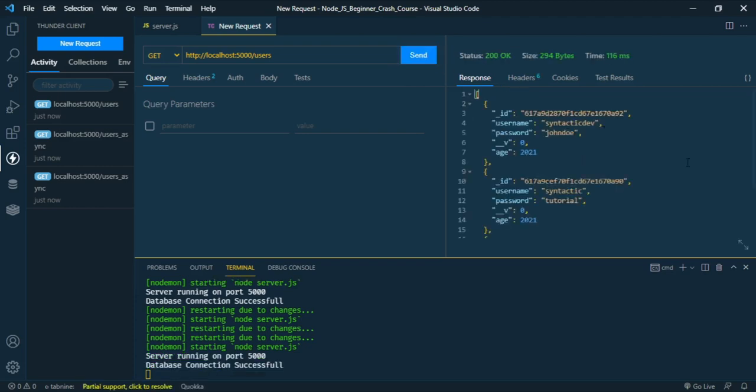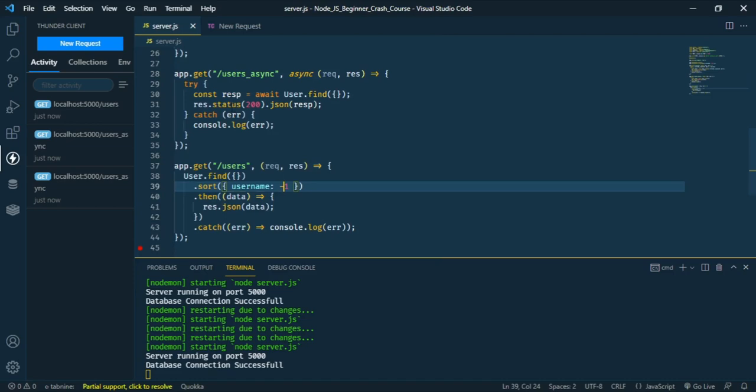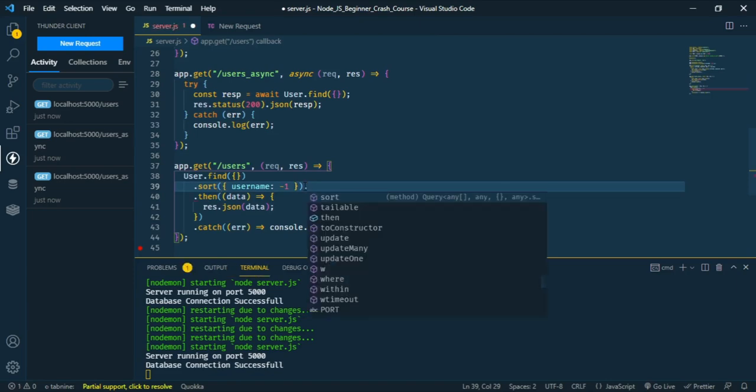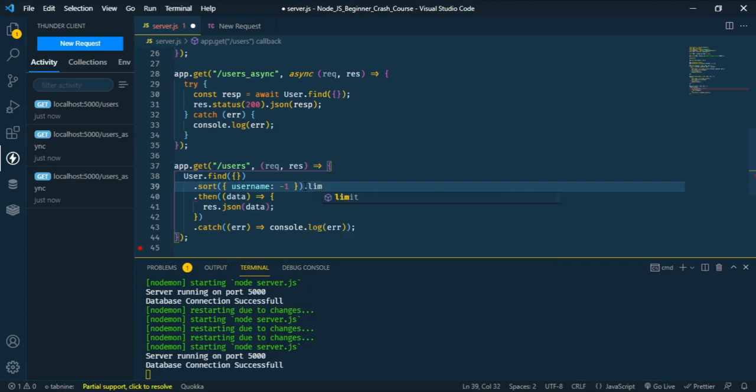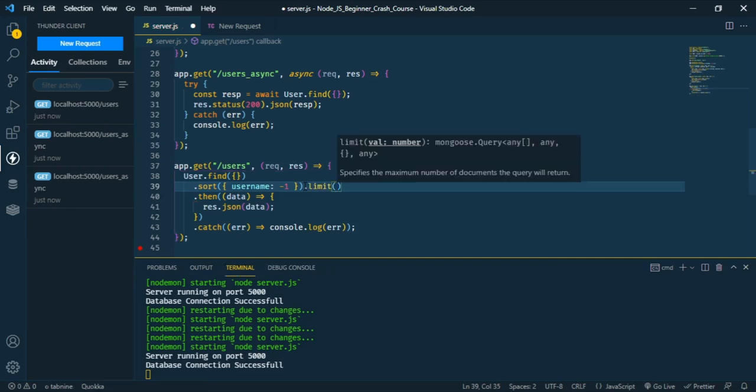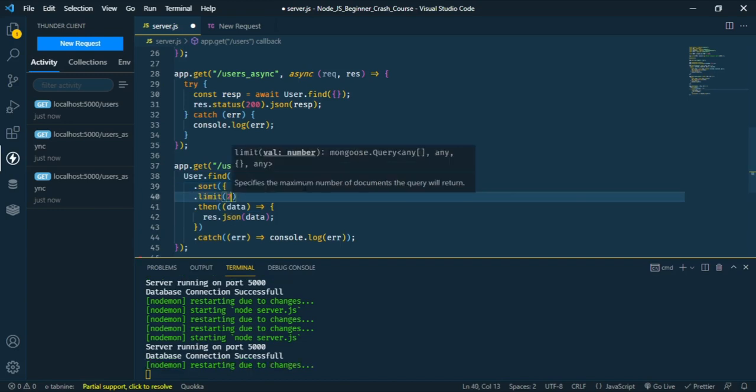Okay, good to go. And you can see here syntactic dev at the top. And for the last part, I'm going to be showing you how to get a specific number of data from the database. So if you don't want to get all the data, you just have to put dot limit and pass in the quantity of data you want to get, and I want to get 2 data from the database,